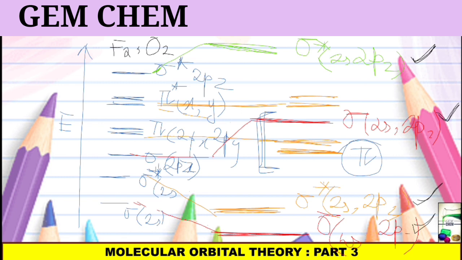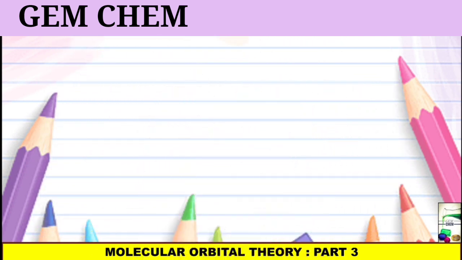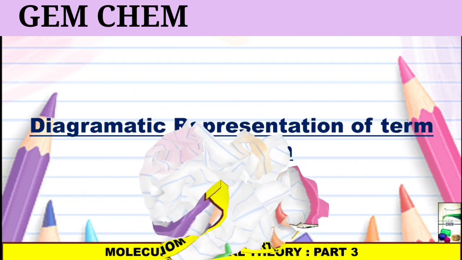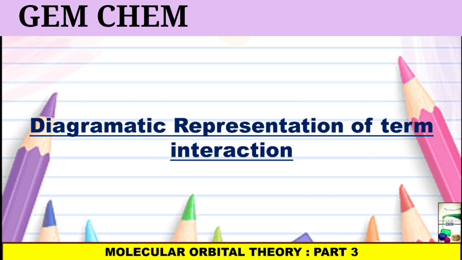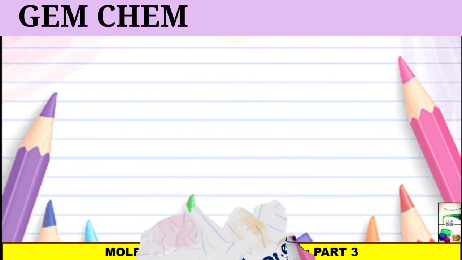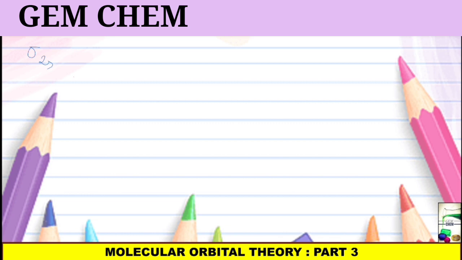So let us see. Now according to the law of interaction, what we learn is that if molecular orbitals having similar symmetry are close in energy, then they will interact in such a way that one of the molecular orbitals will be stabilized while the other will be destabilized to some extent. And we will deal with the diagrammatic representation of these interactions. If we first start with the interaction between sigma 2s and sigma 2pz,